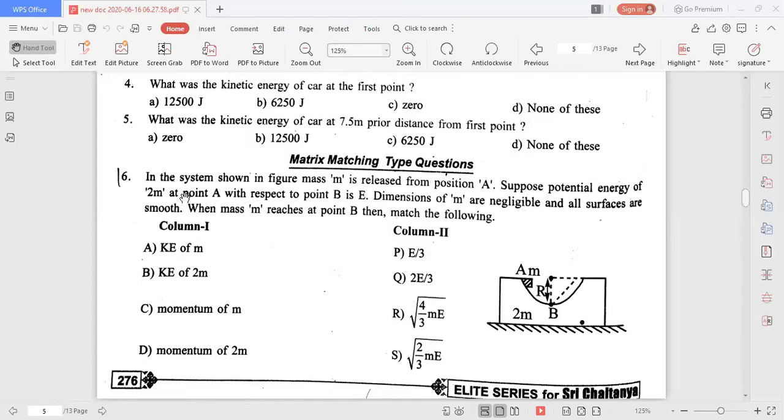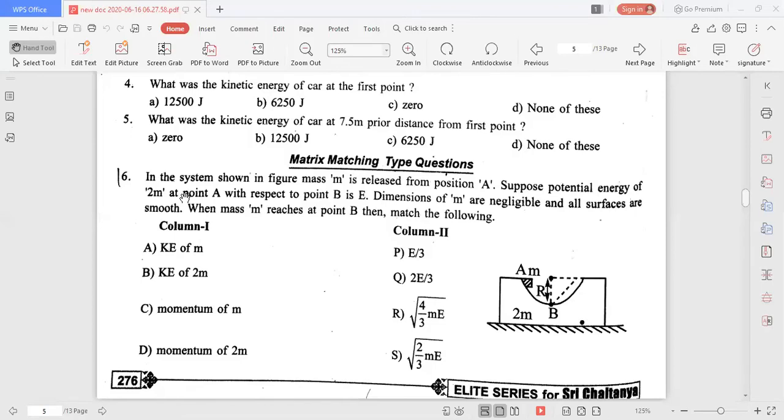In problem 3, option 4 is also correct, because it does not depend on time. When you calculate the kinetic energy, there is no t term. That's why it does not depend on the time, and that answer is also correct. Siddharth, you are right. Third and fourth options are correct. Next. Okay, we will see which are correct.